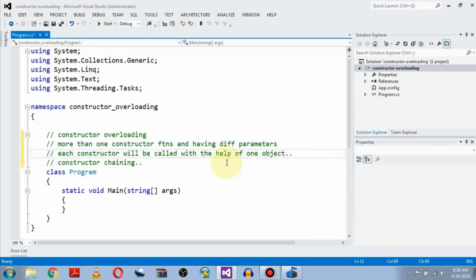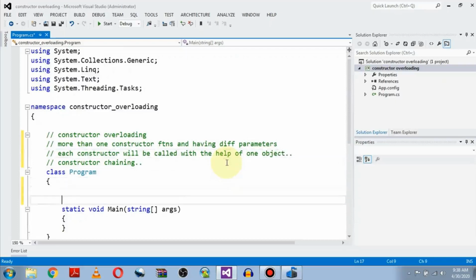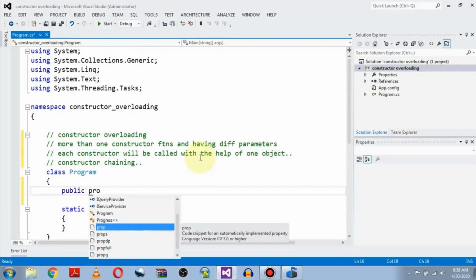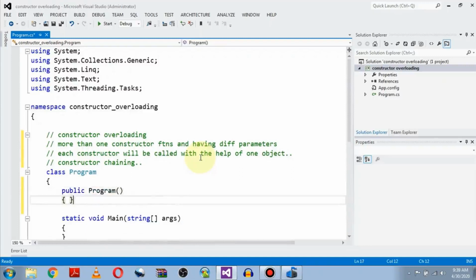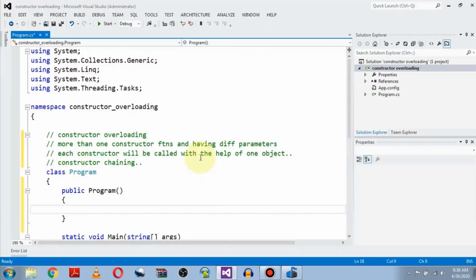So let's implement a constructor. Public, let's say the name of the class is Program, so we will make it Program. The first constructor function is the default constructor: Console.WriteLine and print a message, constructor with 0 parameter.